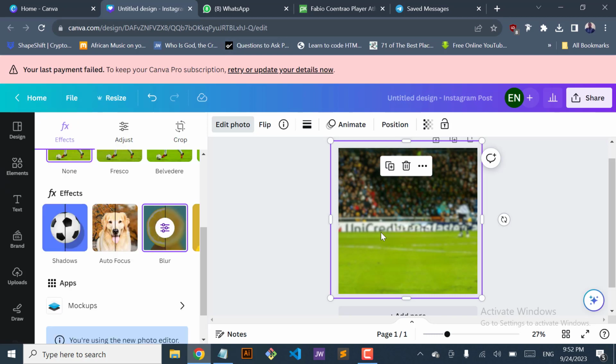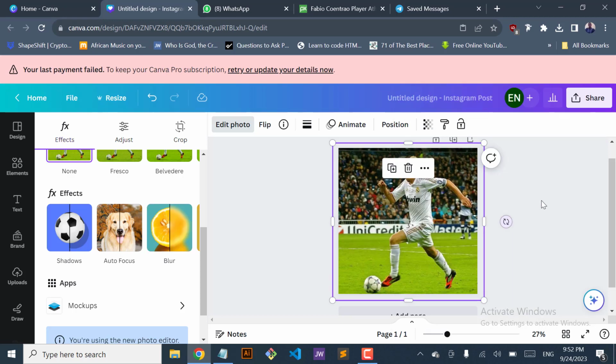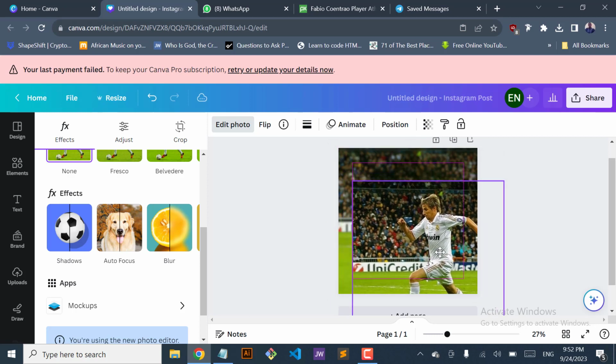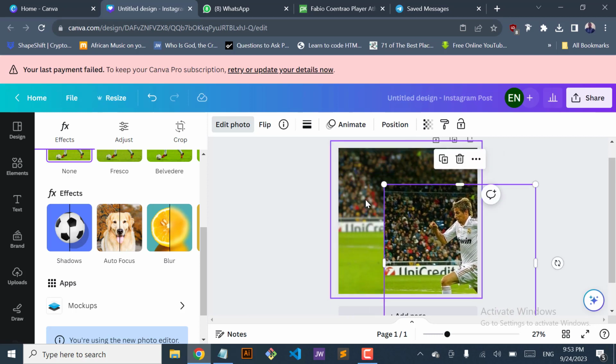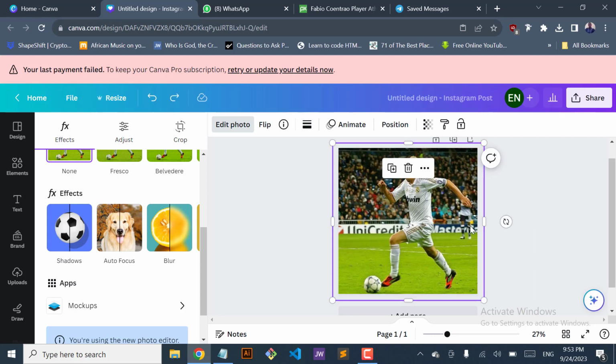For our main picture, I now want to paste what I have already copied, right? So I'm going to right click and paste. Okay. So note, we have this picture and we have the background, which is blurred, right? Now, how can we remove the background? We just want the picture of the player and not the background. You can do that with the picture selected,